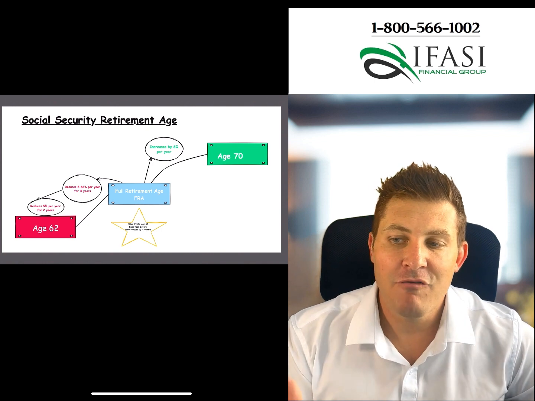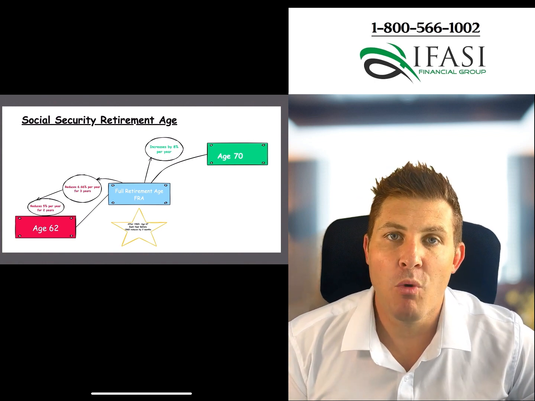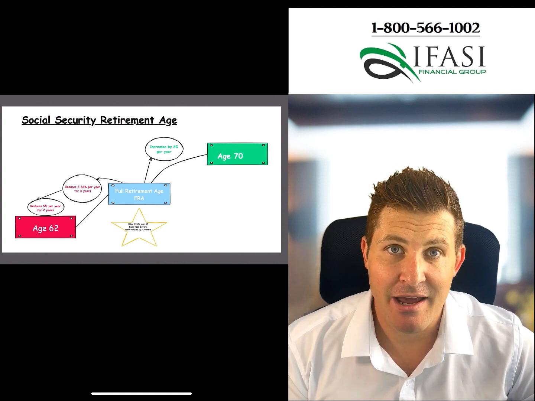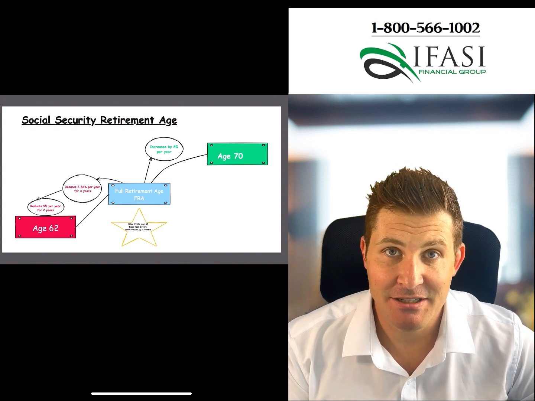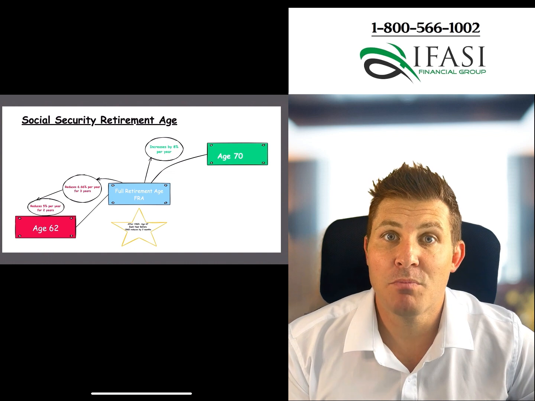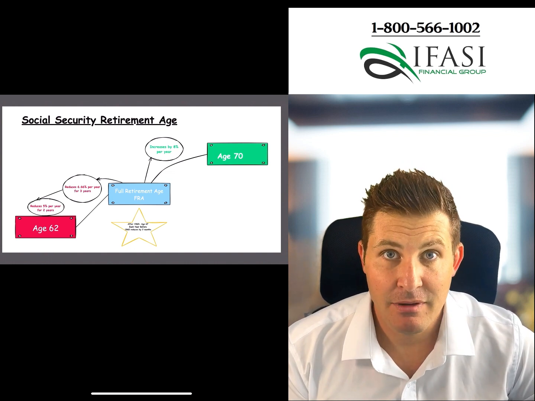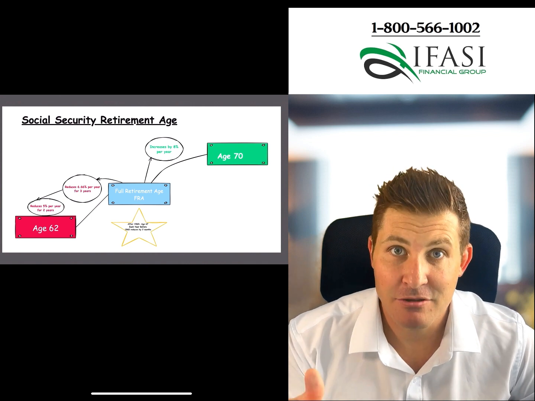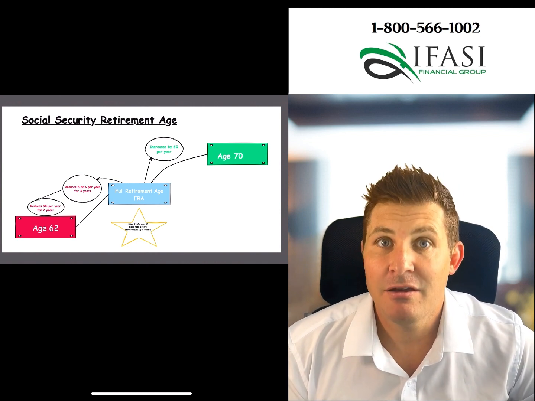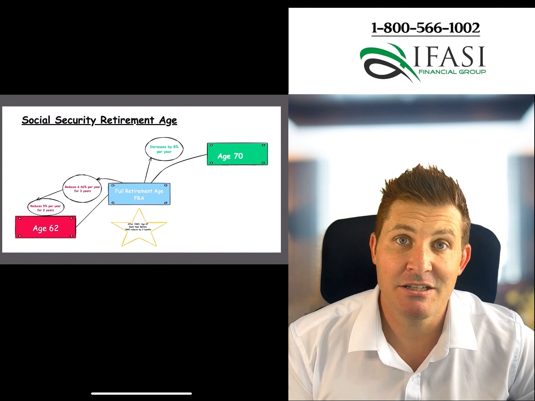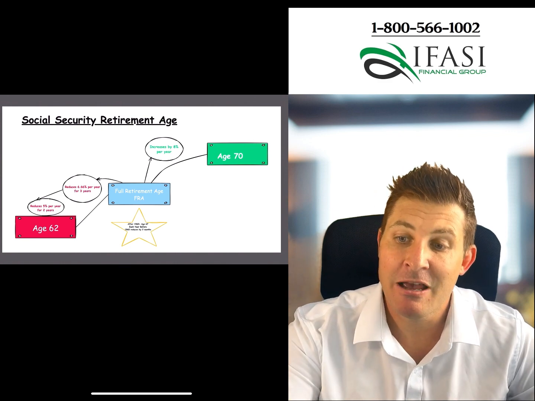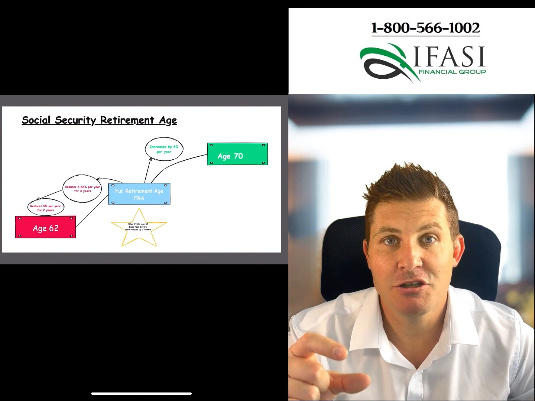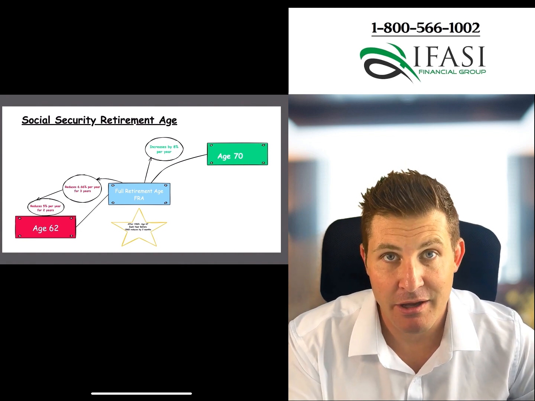Well, first off, full retirement age. If you were born 1960 or later, your full retirement age as it currently stands is age 67. If, let's say, you were born in 1959, your full retirement age would be 66 and 10 months. If, let's say, you're born in 1958, your full retirement age would be 66 and 8 months. So basically what happens is every year prior to 1960 reduces your full retirement age waiting period by an extra